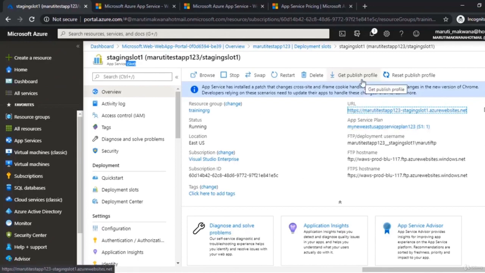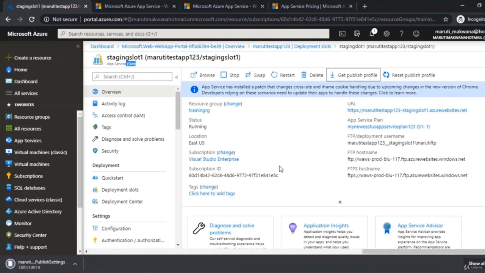So let me do one thing. On the top there is a button called Get Publishing Profile. To deploy app code to this particular app service, we have different ways available. I'm going to use one of the easiest ways, which is this one. I have downloaded my publishing profile file, and now I'm going to use this publishing profile file in my Visual